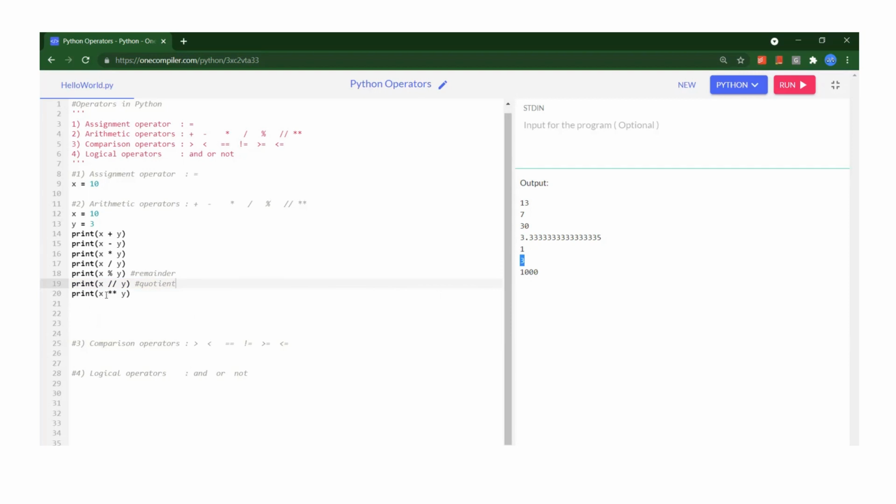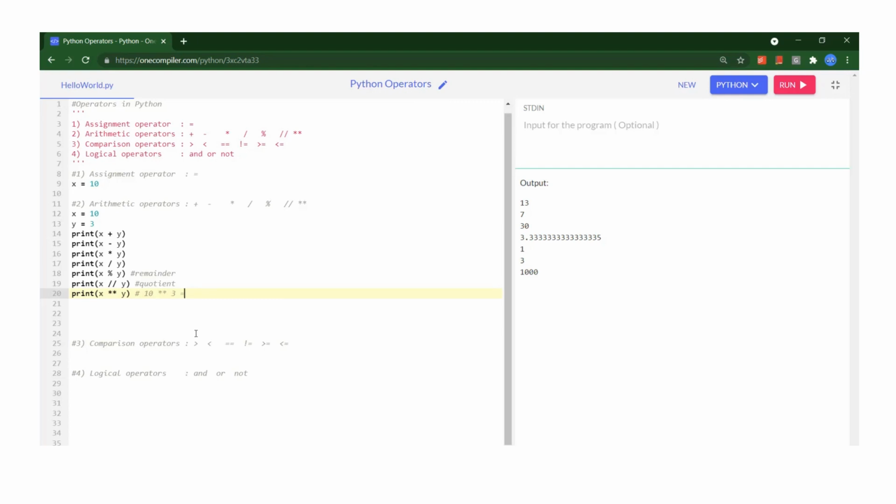And then we have x double multiply y. This will basically give us raised to power. So here what we are trying to say is 10 raised to power 3.